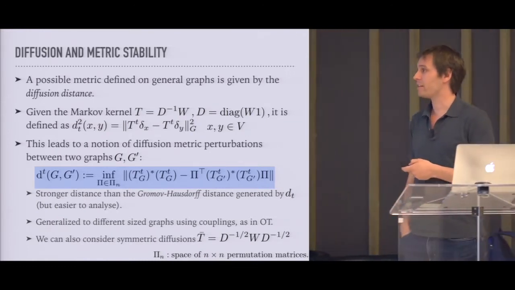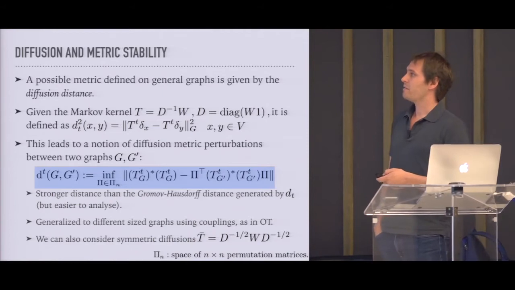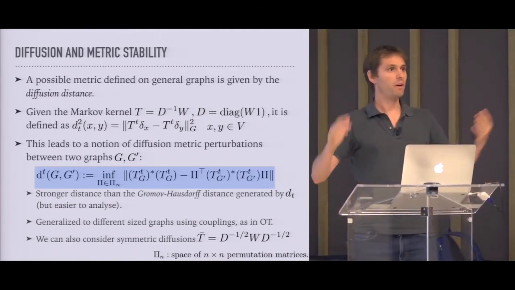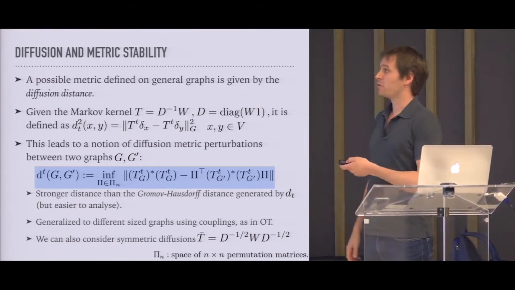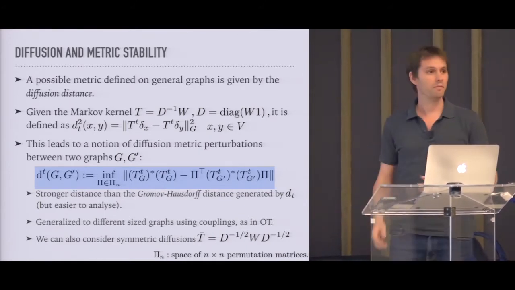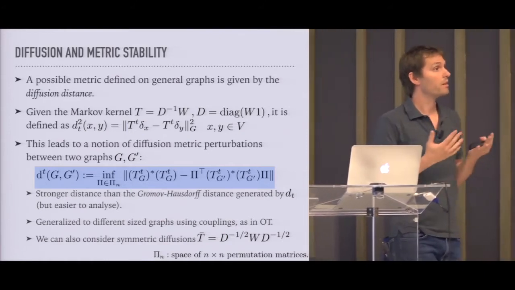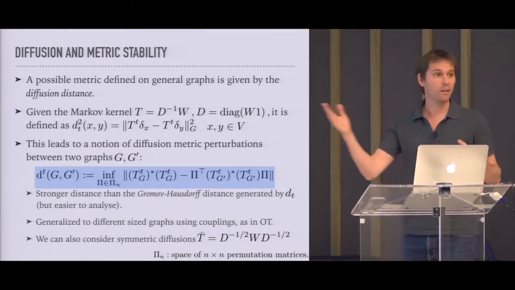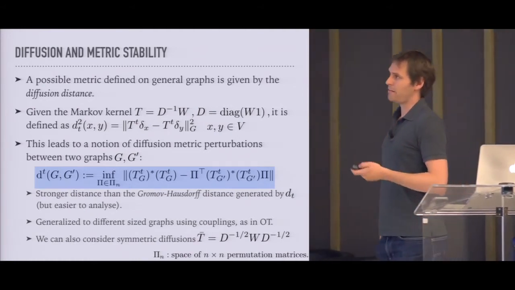And so you can think of it as basically how can I permute the nodes of one graph with respect to the other in a way that when I apply the diffusion in one graph and I apply the diffusion in the other graph, the diffusion operators look similar, okay? And so this, for those of you in the audience who are familiar with this story, is basically